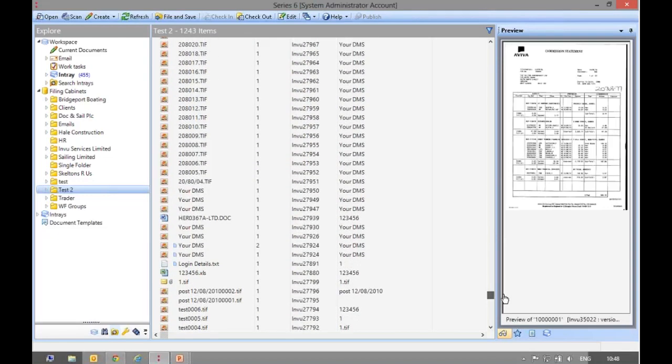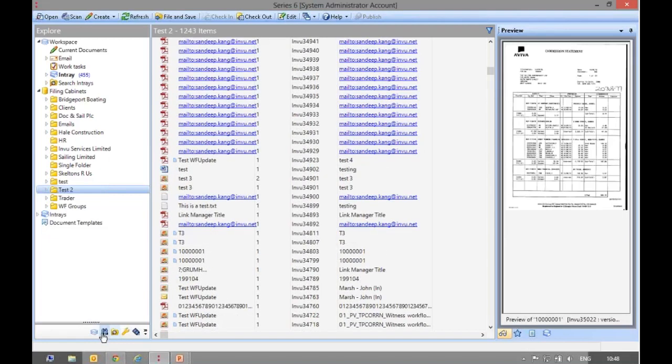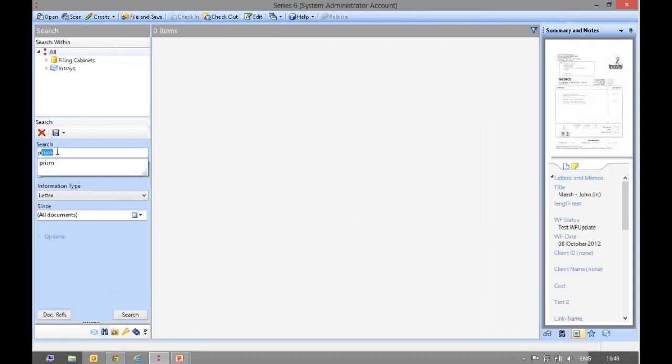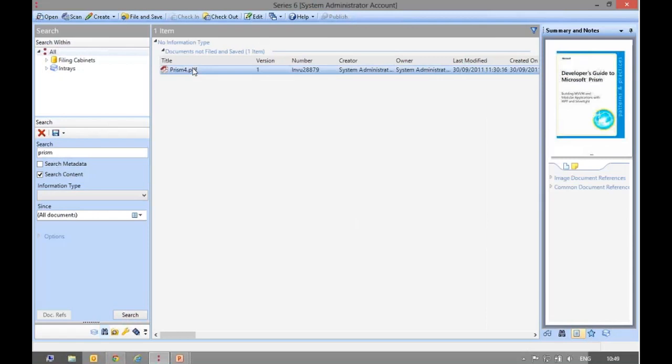Because what I'd like to do is show you the opening context feature as well, where you are dealing with multi-page documents. Actually, I've got an example in my intro. Right. So if I do a content search on the word prism, it's a multi-page PDF,